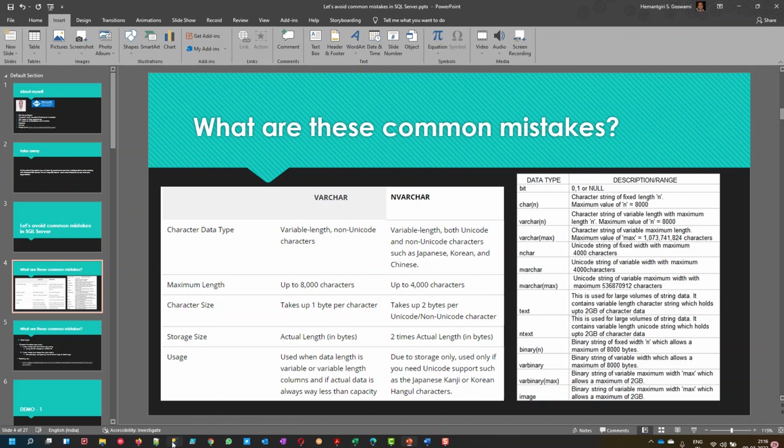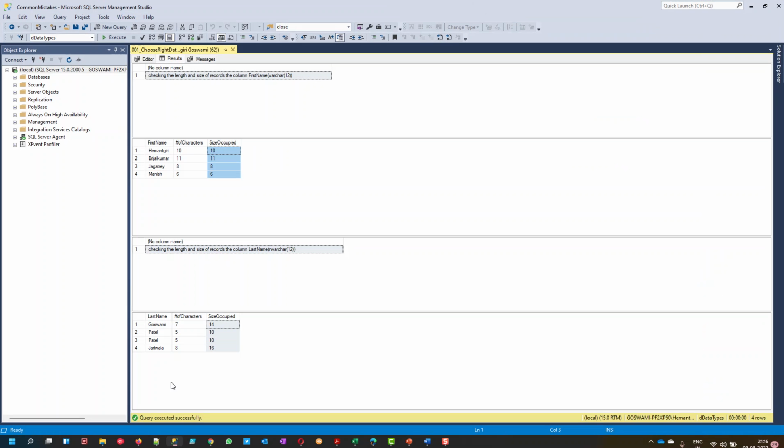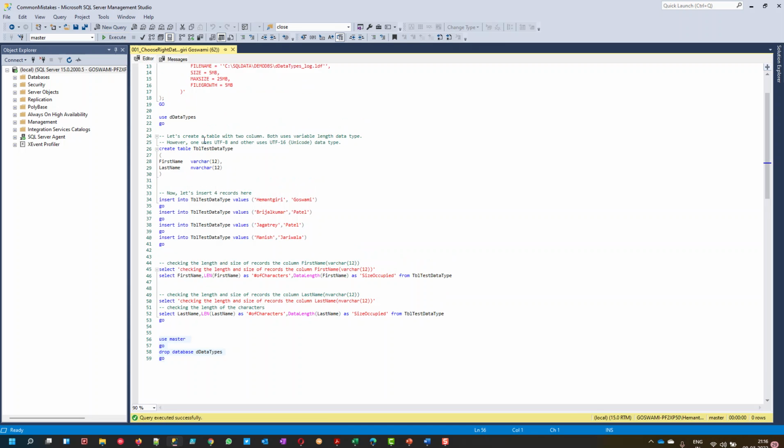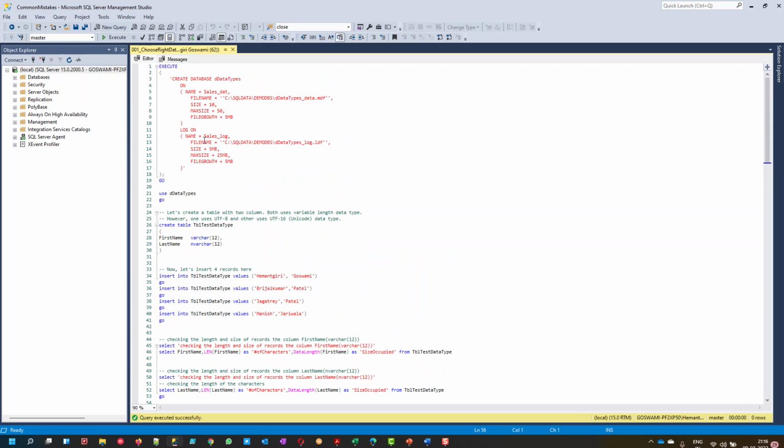Let me pull up the SQL Server Management Studio. Let me do the cleanup here. This particular script is a small demonstration of the data types varchar and nvarchar and the size they occupy against the characters inserted. Let's run the script and